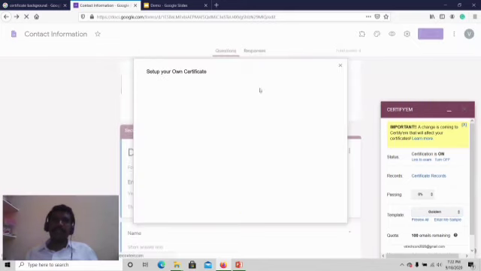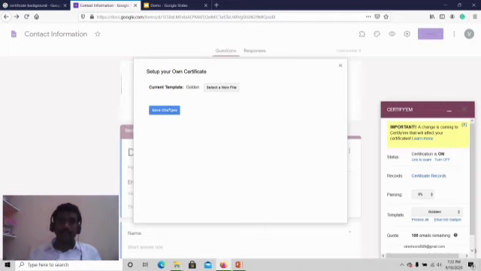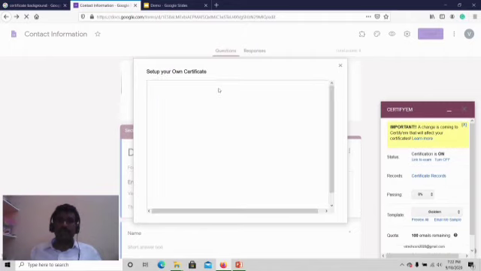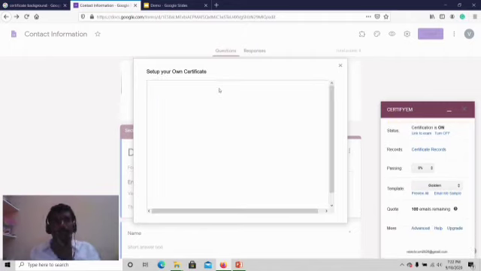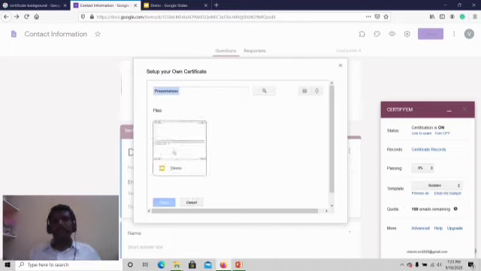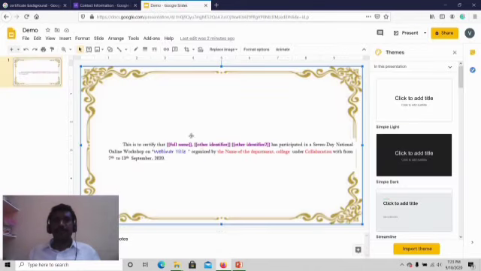If you click on that, you will get this dialog box. In that one, what we have to do, we have to select a new file. Click on that. You will get your Google presentations. This is the one we already designed in Google presentation. It automatically comes to Google Form.